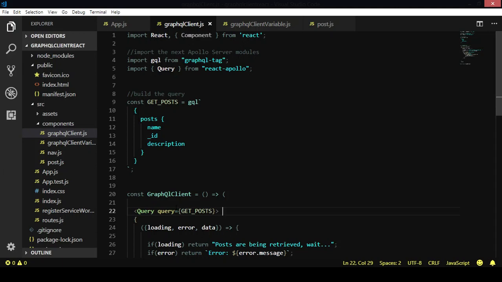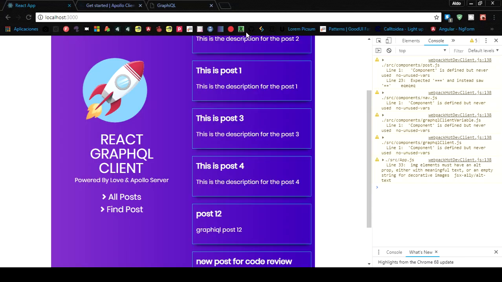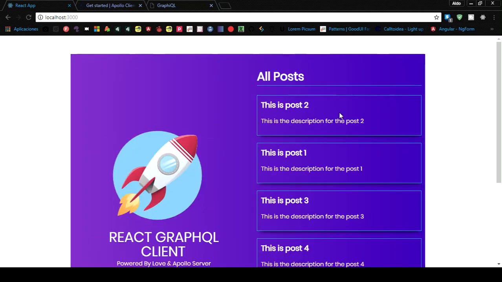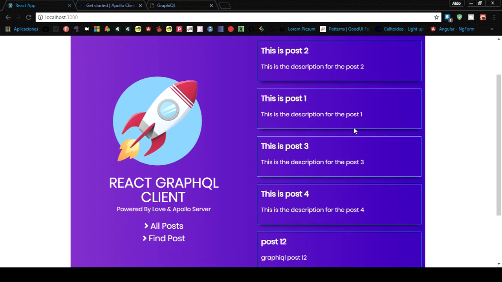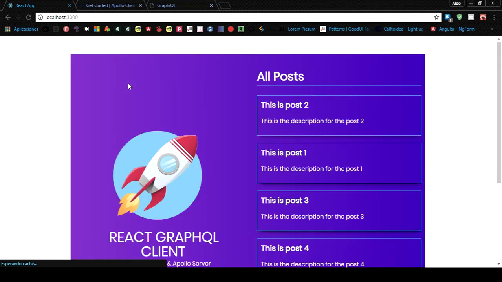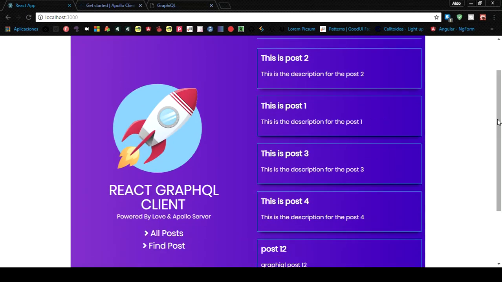Oh, I know, because this one is a functional component. I don't need this thing. Okay, let's remove that one. Okay, let's refresh in order to see the changes here in the console, but you shouldn't need to refresh. Okay, you saw that it appeared, pretty fast, a little message that posts are being